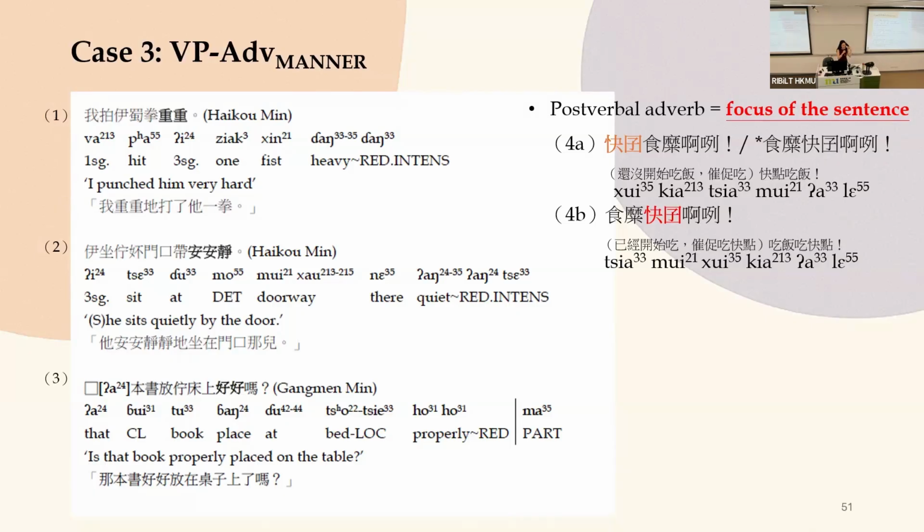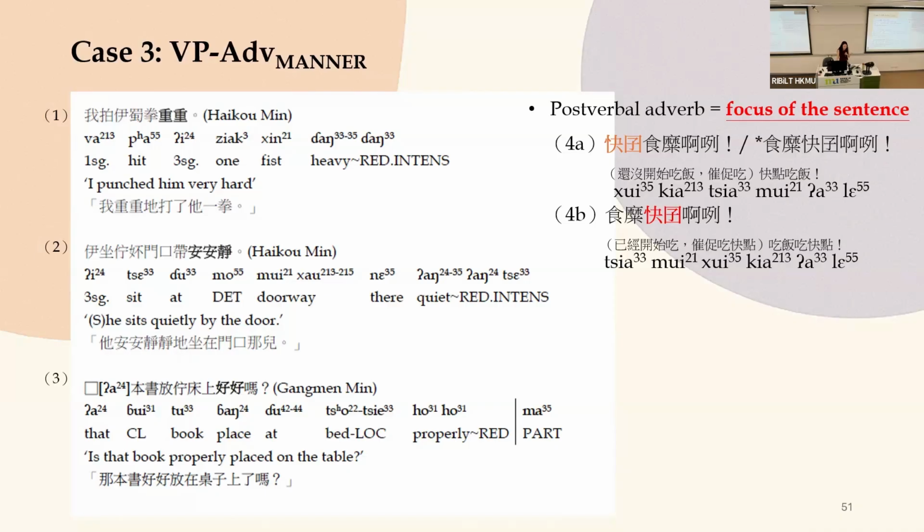And this sort of pragmatic meaning, I don't know if it reminds you of anything. It actually is very similar to the resultative complement introduced by 得, 就是很快地跑和跑得很快. So we would say the post-verbal manner adverbial phrases in Hainan Min are, syntactically, actually a secondary predicate. It's not like a modifier or an adjunct. It's actually a predicate. And in terms of pragmatics, it's actually the focus.